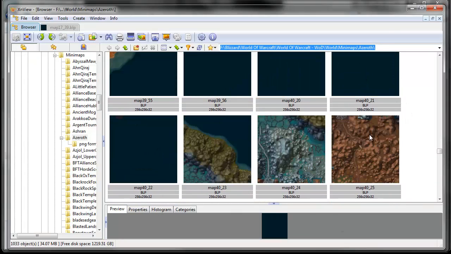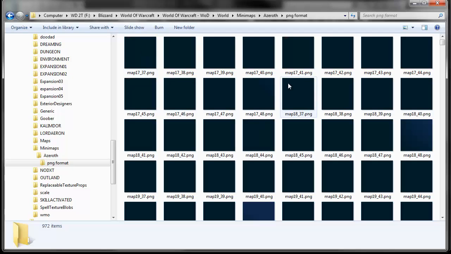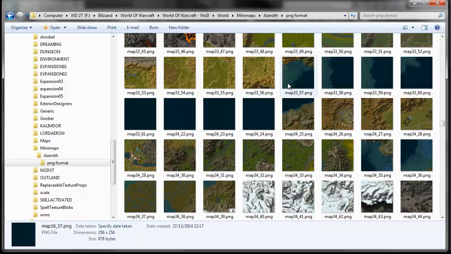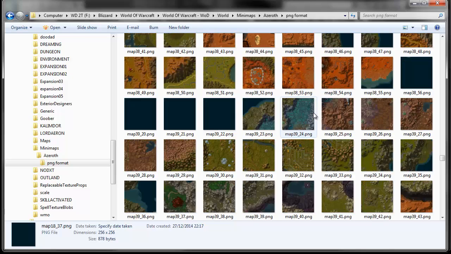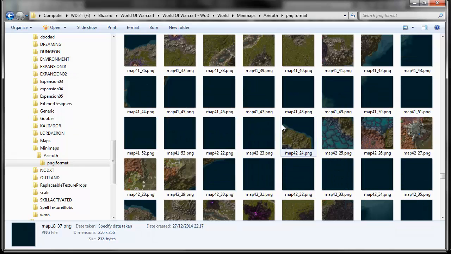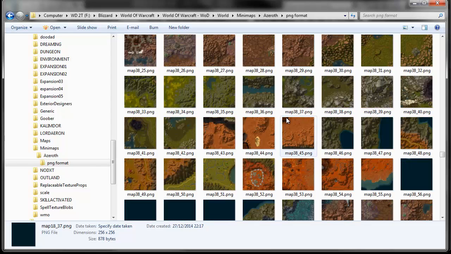To make my life easier, I selected everything and converted it to PNG format, so I can check it in the browser. I made an additional folder called PNG format, and in here you will see all of these images converted nicely. Of course they don't line up, because the first number is vertical and the second number is horizontal, so it's the opposite of what we have here. Once you found the ones you like, the matching images,